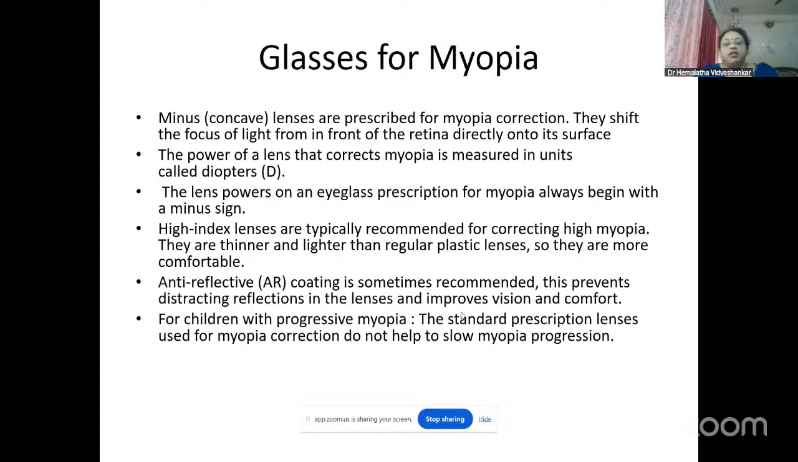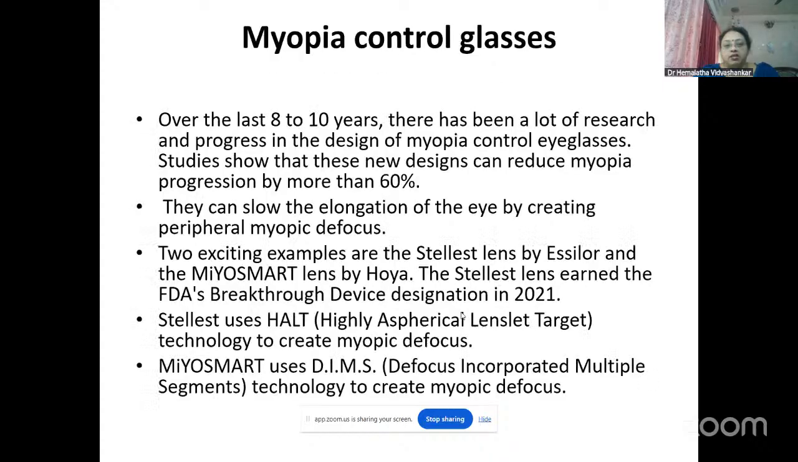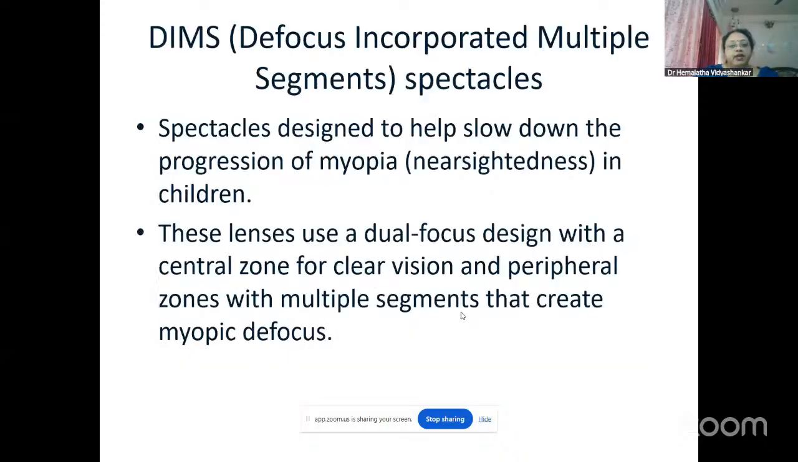In children with progressive myopia, we go for specialized glasses known as myopia control glasses. Now, in the last 8 to 10 years, these glasses have become popular following a lot of research which has been done. There are two technologies which is used. One is the DIMS technology and another is the HALT technology. Now, DIMS means defocus incorporated multiple segment spectacles. Now, these spectacles are specifically